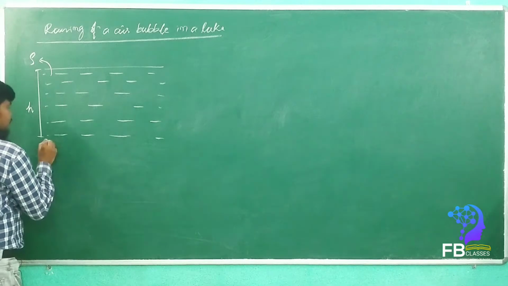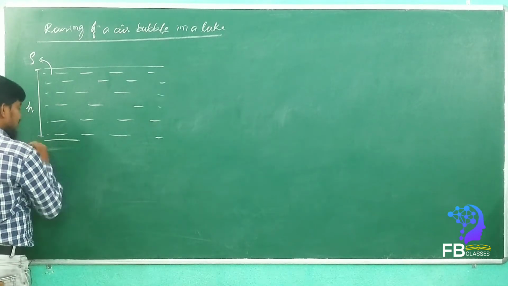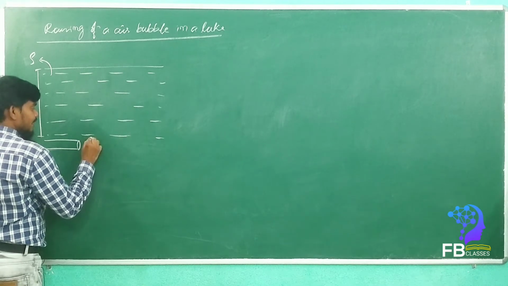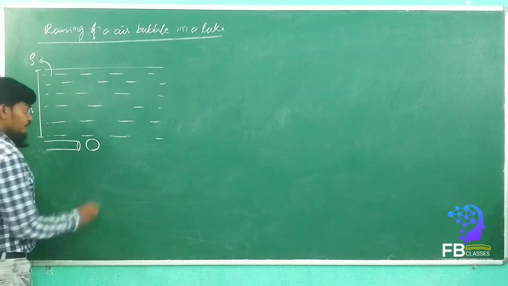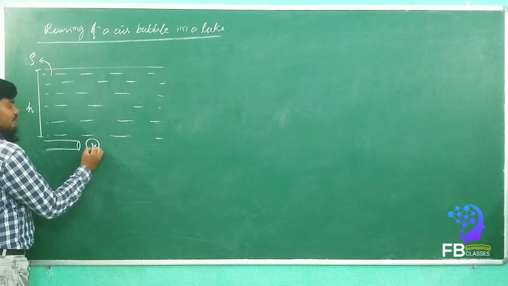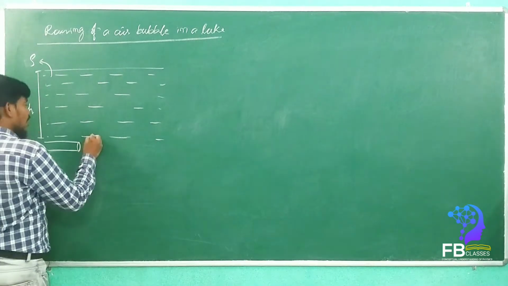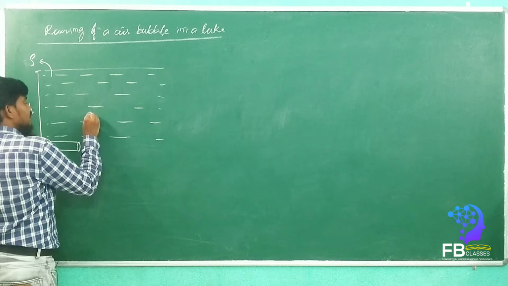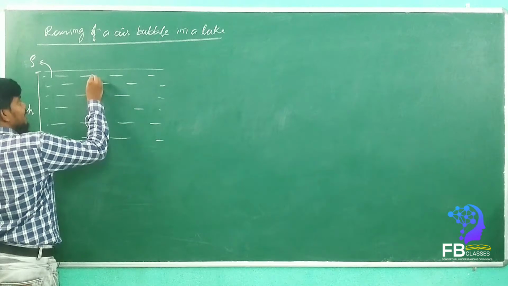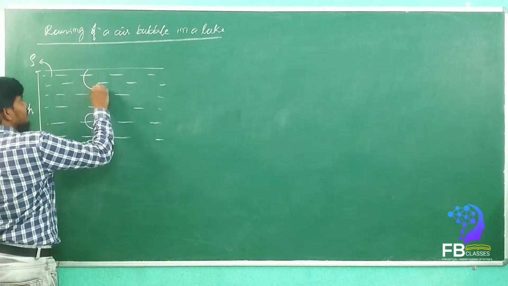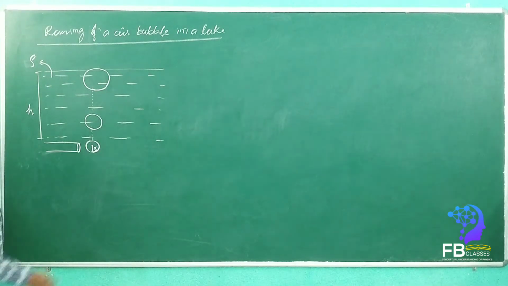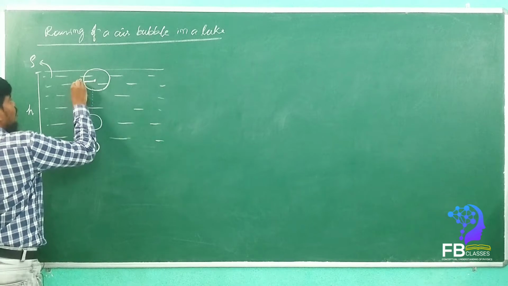Okay, now here an air bubble comes out from the machine. Let this air bubble be like this. It comes out with a small radius r, a smaller radius of air bubble. Once it goes up, see here, the size of the air bubble is going to increase, yes or no? So it will become like this, a big bubble will be formed once it rises up, whose radius is considered as R.